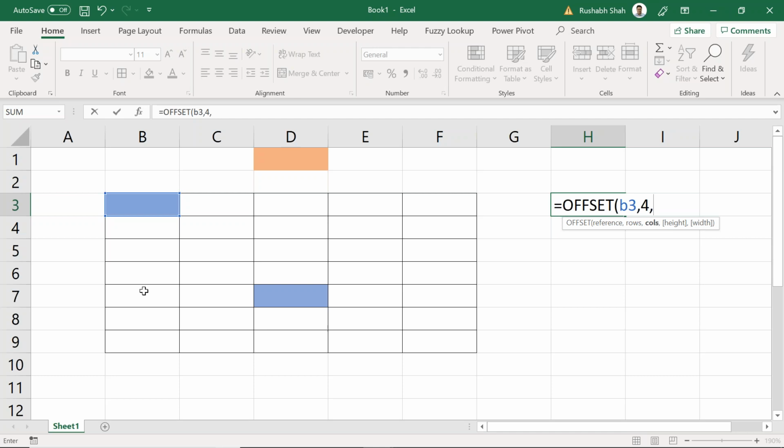How many columns will you have to go to the right side to reach that point? Think again, guys. No, not 3. See, 1, 2, 3, 4, you reached B7. Now from here, 1 and 2. Yes or no? 4 rows and 2 columns. Okay, so when I do this,